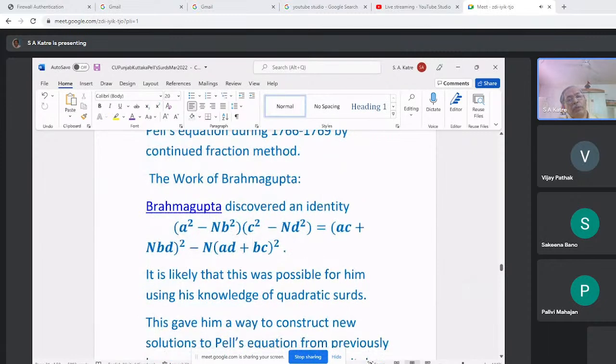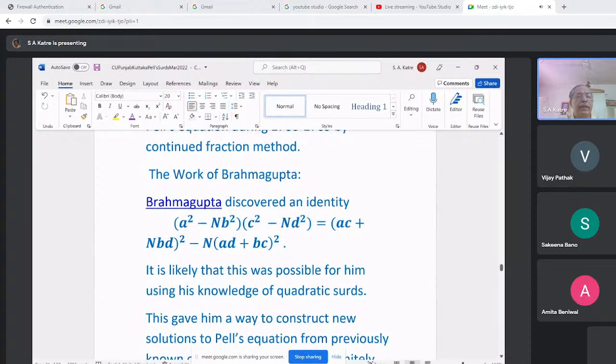So Brahmagupta discovered an interesting identity: (a square minus n b square) into (c square minus n d square). You see that these are left hand sides of the equation that we want to consider, x square minus something into y square. That something can be 2, 3, 7, whatever, so we take some n. (a square minus n b square) into (c square minus n d square) is equal to